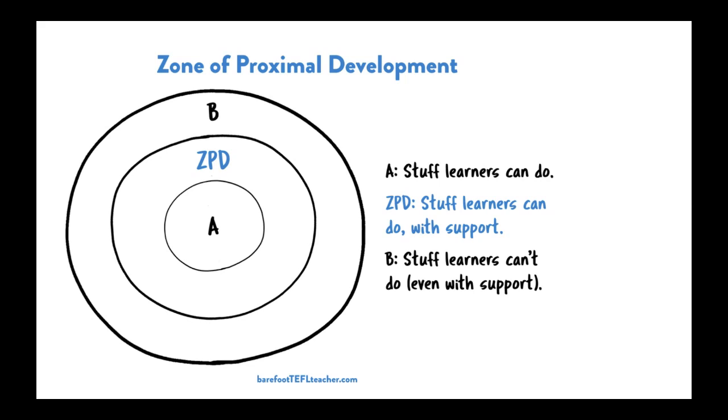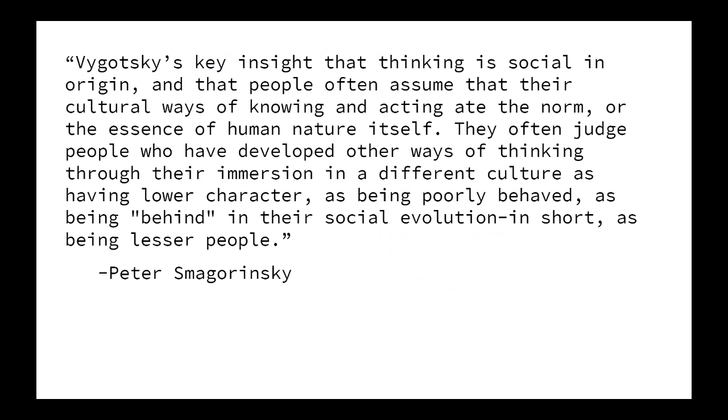Also instrumental has been Vygotsky's sociocultural theory as it relates to culture and the social aspect of learning. In a piece for the English Journal, Peter Smagorinsky writes, "Vygotsky's key insight is that thinking is social in origin, and that people often assume that their cultural ways of knowing and acting are the norm, or the essence of human nature itself. They often judge people who have developed other ways of thinking through their immersion in a different culture as having lower character, as being poorly behaved, as being behind in their social evolution,